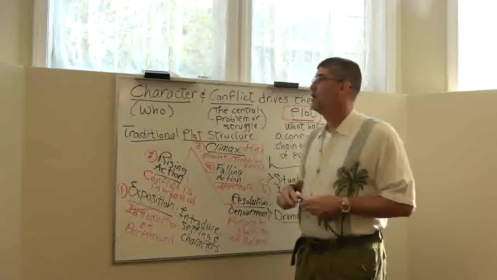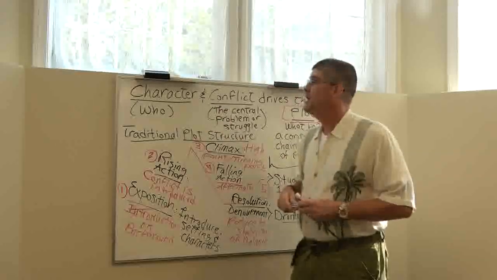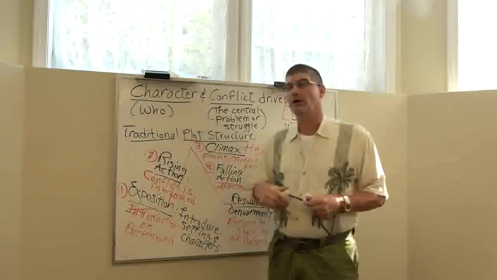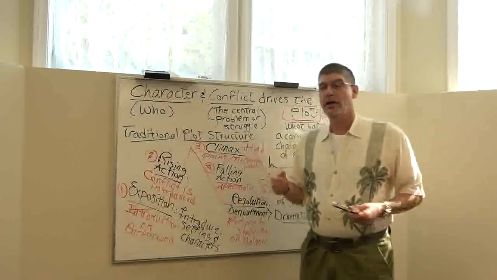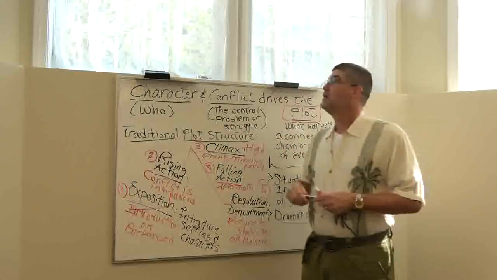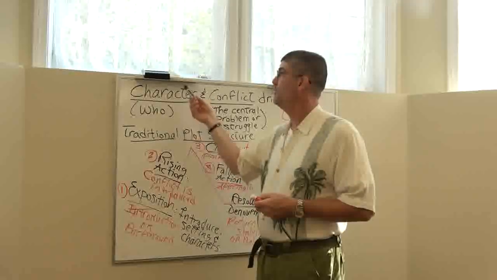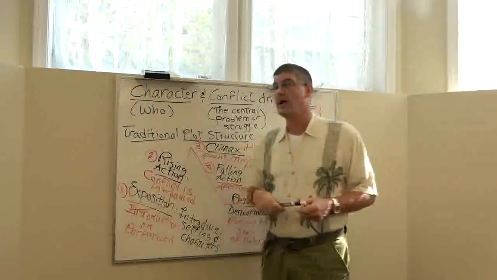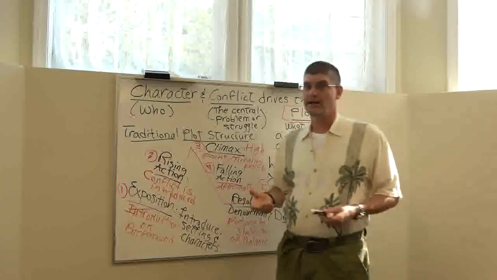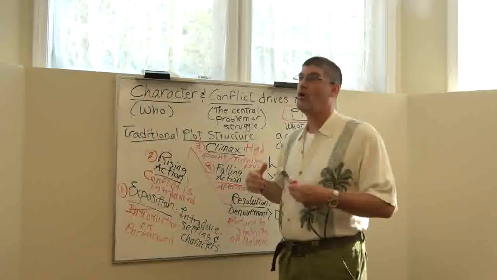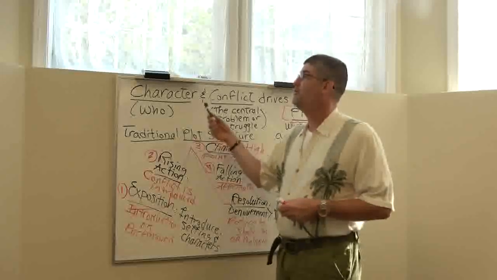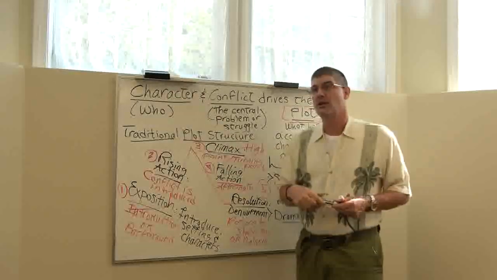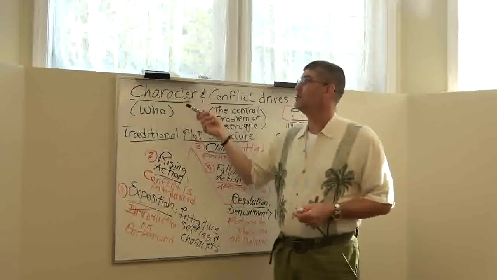So just a quick reminder, when we talk about character, we're talking about the who of the story. Who is involved in the story? Who are the people that we are looking at, reading about in the story? So the first and most important thing we have to do about character is locate the protagonist. Who is the main character? So all of the action of the story revolves around the protagonist. So it is our job as readers to figure out and discover who is the central character, who is the